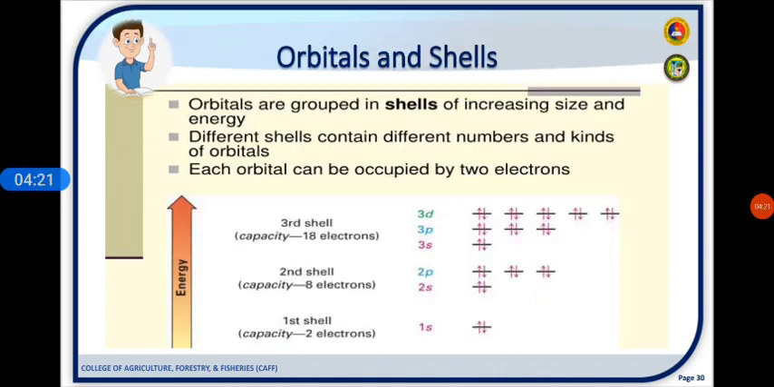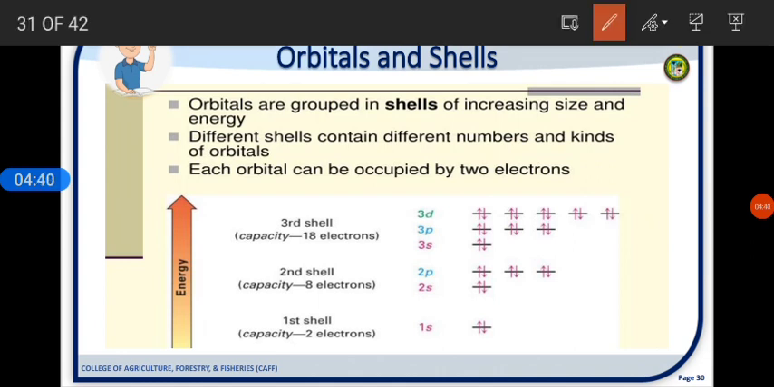Let's proceed to orbitals and shells. Orbitals are grouped in shells of increasing size and energy. Different shells contain different numbers and kinds of orbitals. Each orbital can be occupied by 2 electrons. So the line that you have seen in this illustration, that is the orbital. And those arrows,